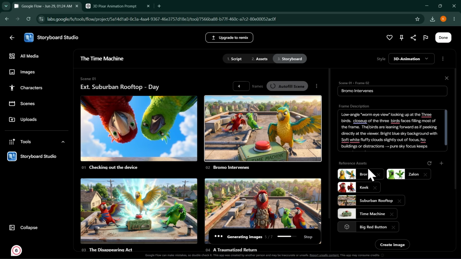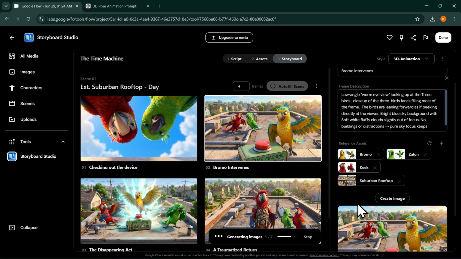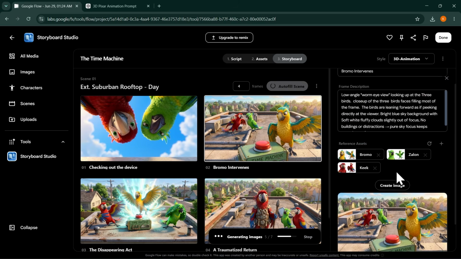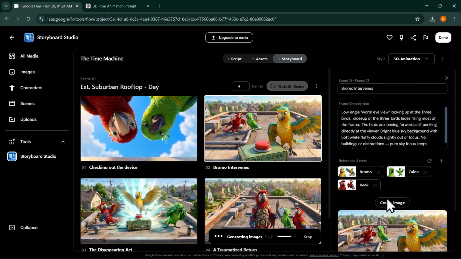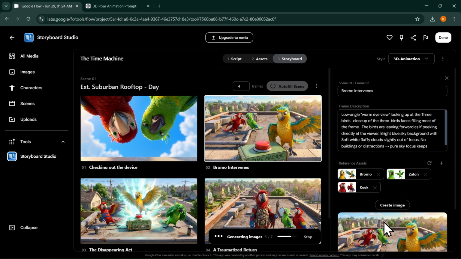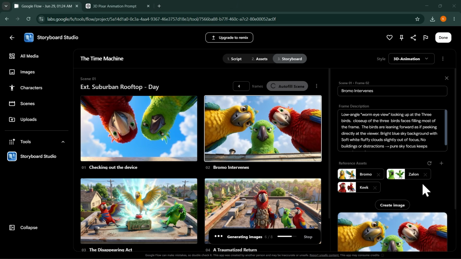And now in the reference assets, we are going to get rid of all of these, and now we just want the three birds in this cut or in this scene. And once you are sure, just click on create, and hopefully that should give us an angle that looks like this one. Okay, so now this is what we have, and you can see we have the same angle, but